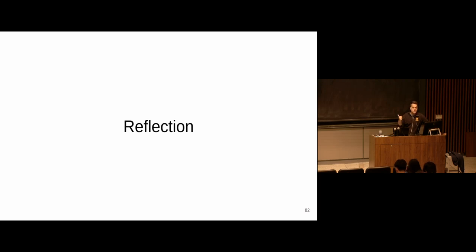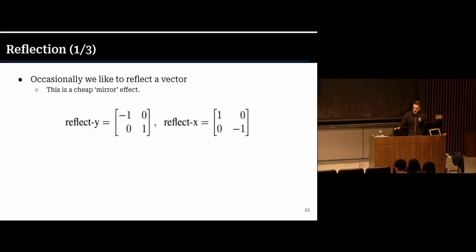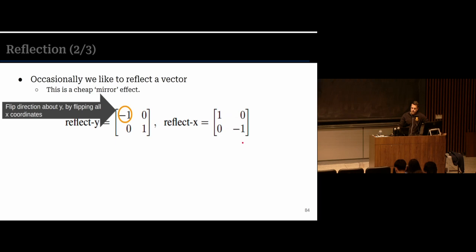So we've been able to scale stuff, rotate things, and use a skew or shear operation to push and pull some of the points. We can also reflect them. So if you want a mirror, you can reflect across the y or the x-axis, or at some angle if these values aren't just 1 or -1. But the way to think about it is, if I make one of these points negative, I'm flipping all my points. Let's see, flipping